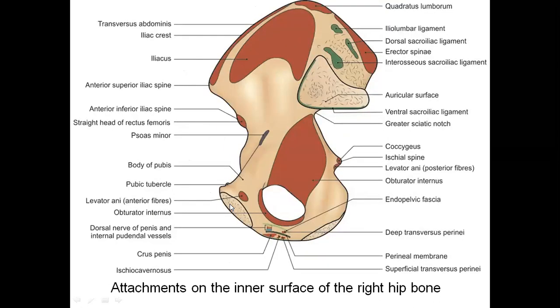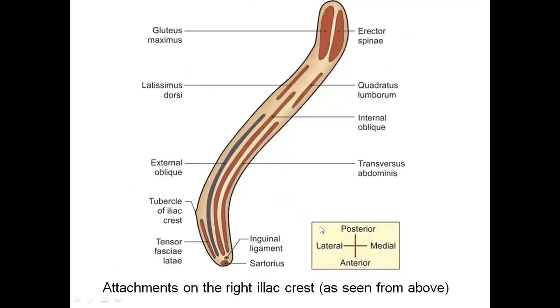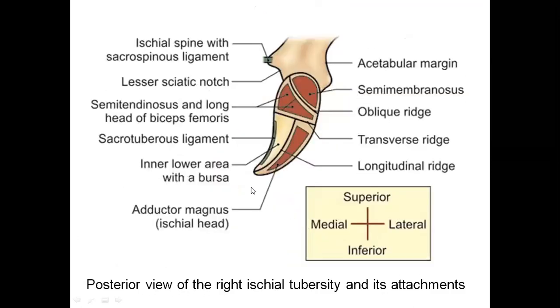Okay, then I will take you to another picture. This is quite important. What are the various muscles coming from the ischial tuberosity? Actually ischial tuberosity gives origin to the hamstring muscles. What do you mean by hamstring muscles? Muscles coming from the posterior compartment of the thigh. The muscles of the posterior compartment of the thigh are called hamstring muscles, and all these hamstring muscles take their origin from the ischial tuberosity.